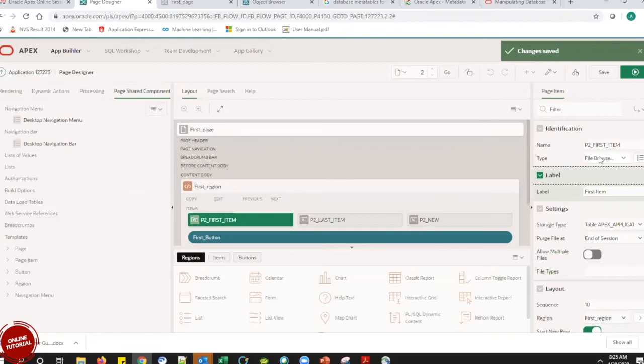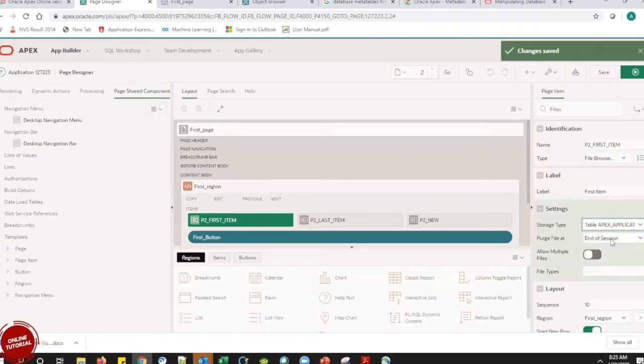And one more thing, for this file browser, by default we have Apex application temp files. This is a temporary file area of Oracle Apex itself.